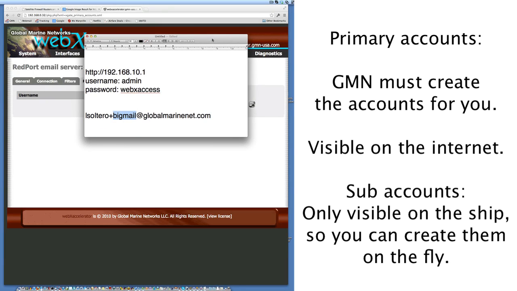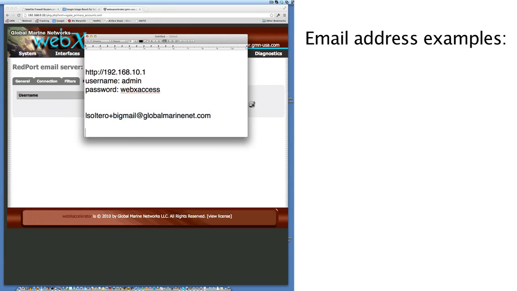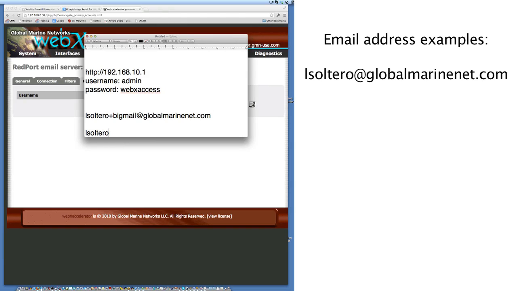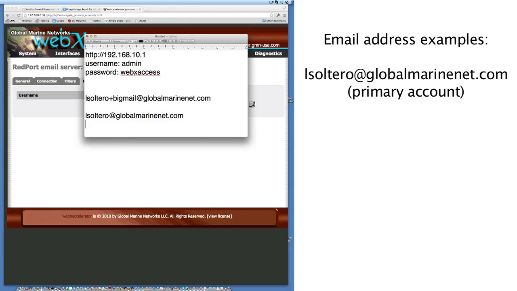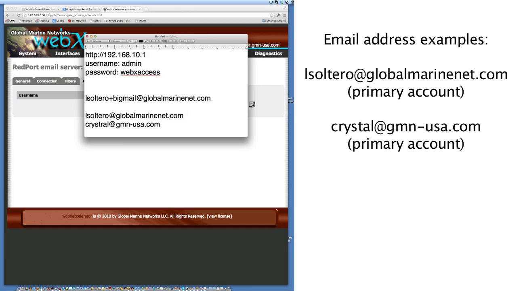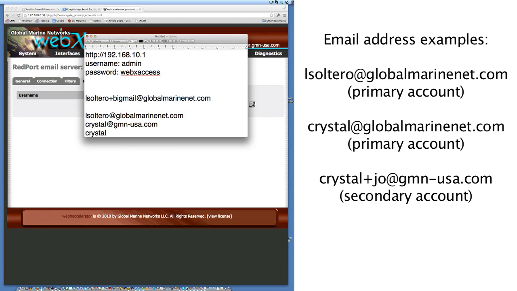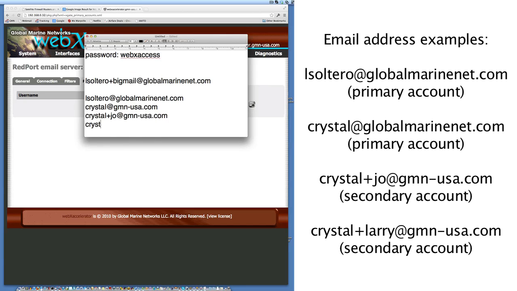And so the big thing for you to note is that El Soltero at Global MarineNet is a primary account. That's what it looks like. So, for example, if my vessel were called Crystal, then my primary account would have that email address. A sub-account, like for example, if Joe is a sub-user of that vessel and has a sub-account, then Joe's email address would be Crystal, which is the name of the vessel, plus Joe@gmn-usa.com. You might have another user, Crystal, plus